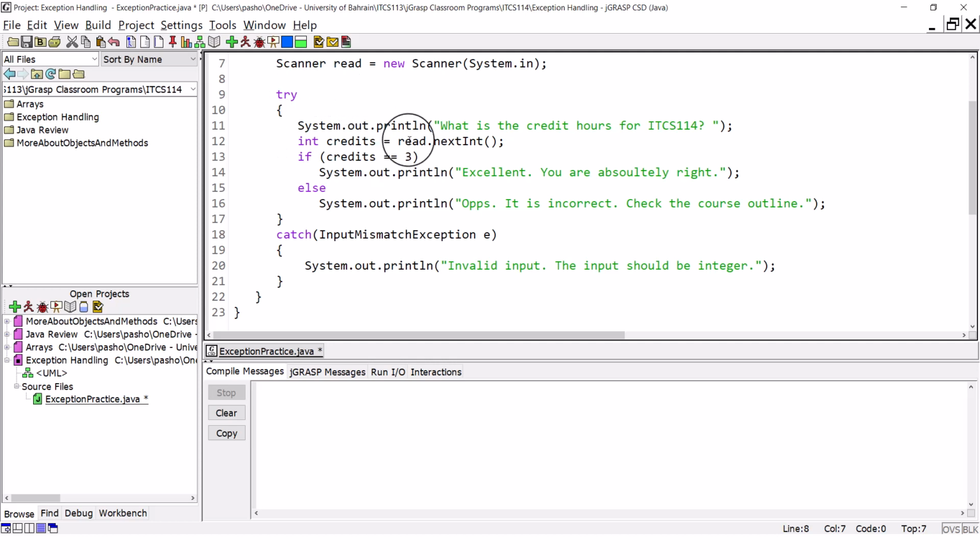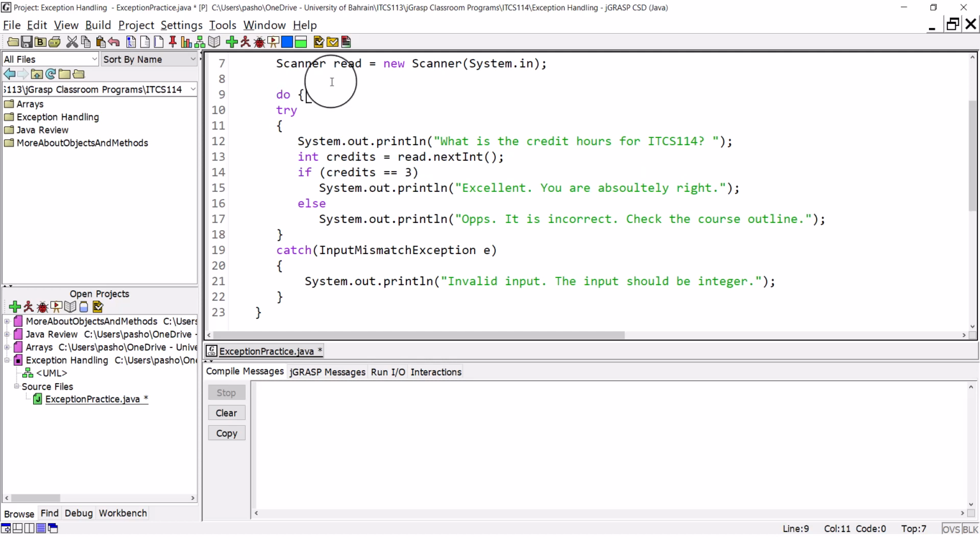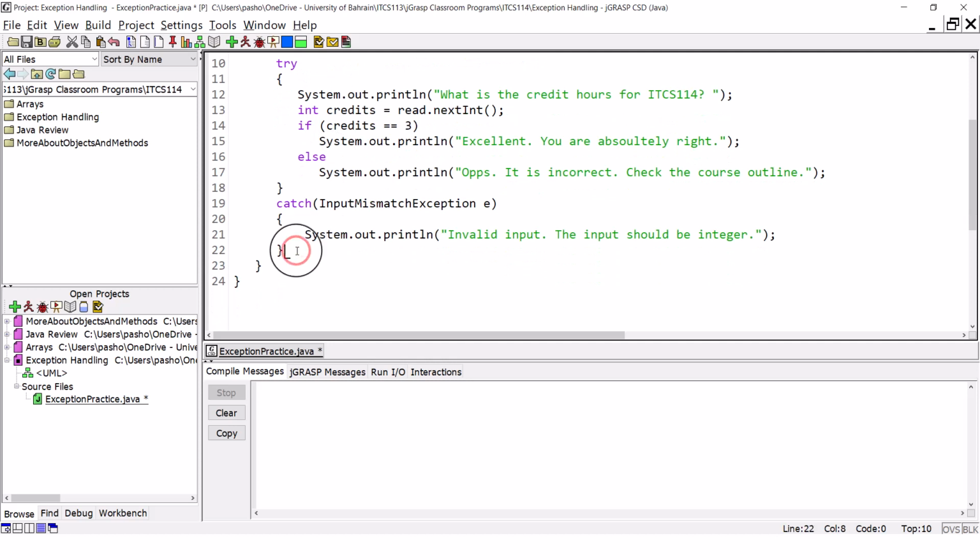Why? Because we first enter the loop, we read the integer, probably there is an exception, probably not. So we need to enter the loop at least once. So let us do it. First we will say do, and then at the end of catch, we will close the do while and